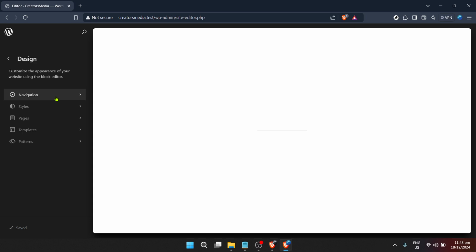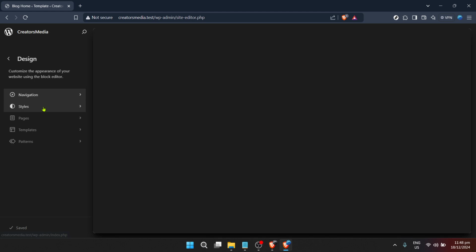This editor is a powerful tool, allowing you to directly modify the PHP, CSS, and HTML of your theme files. A word of caution, always back up your site before making changes in the editor. This way you can easily revert back if anything goes amiss.